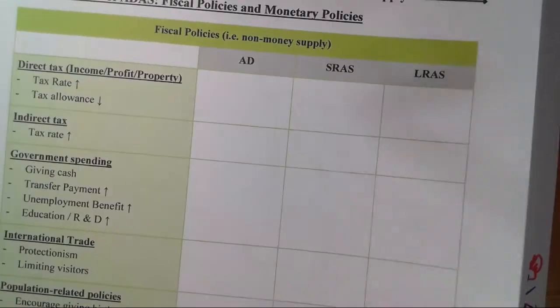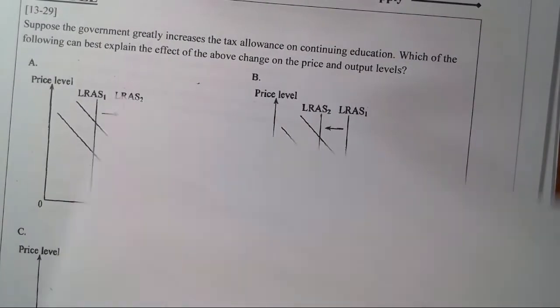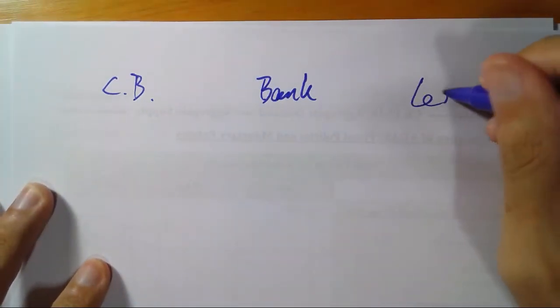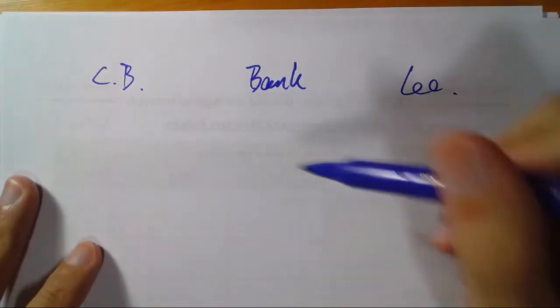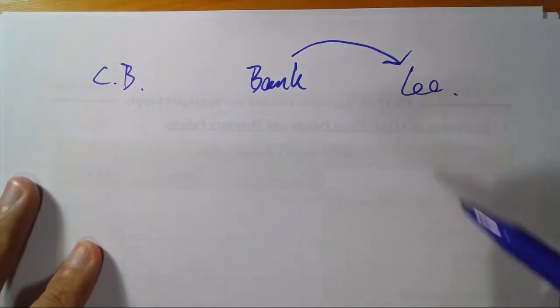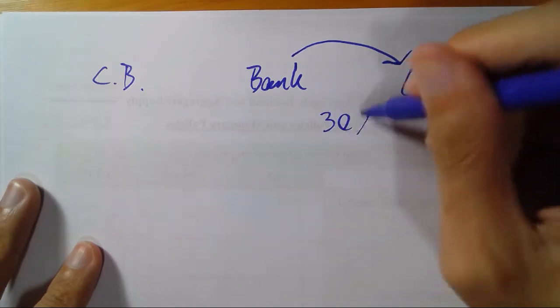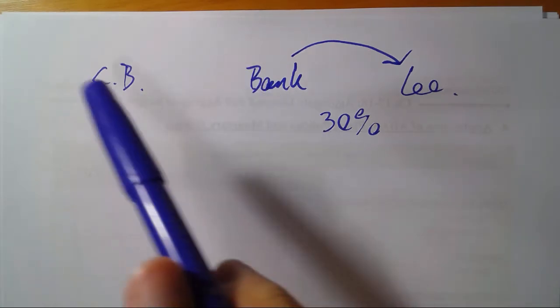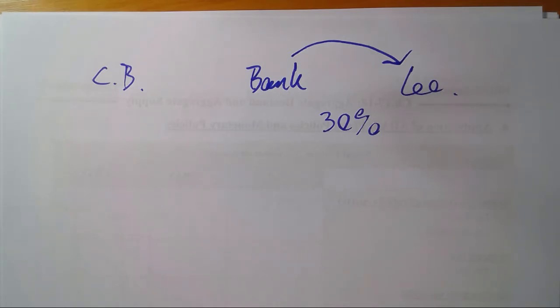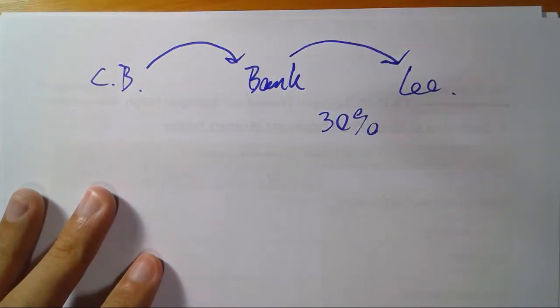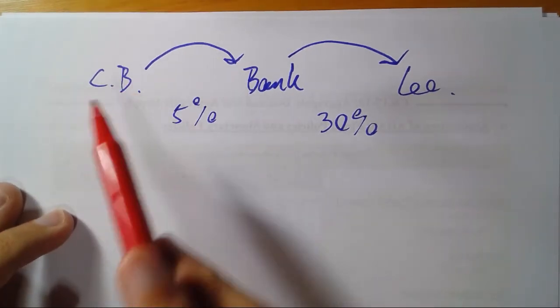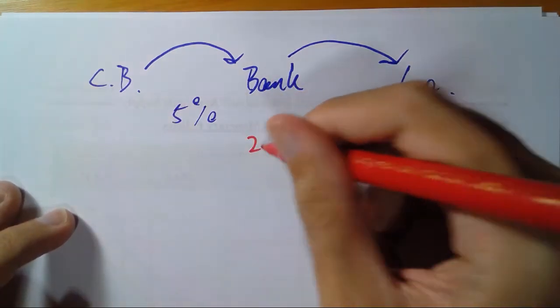So let's see what happens. Happens like this. Now remember, banks, how do they make profit? They make profit most of the time by making loans. Now therefore, we have central bank, we have bank, and let's say we have Liu Chang, the public. Now usually the bank would lend money to Liu Chang, let's say 30% interest rate. 差唔多啦，信用卡差唔多咁嘅 percent 㗎啦。Okay? Now, on the other hand, banks can also borrow from central banks. Now usually, let's pretend it is 5%. Do you see, through this process, borrowing from central bank and then lending out to me, they earn 25%,